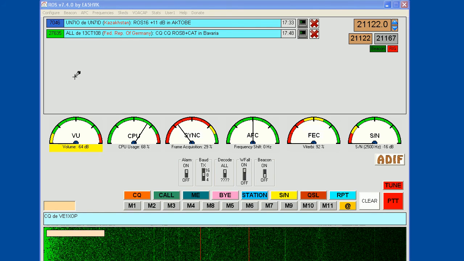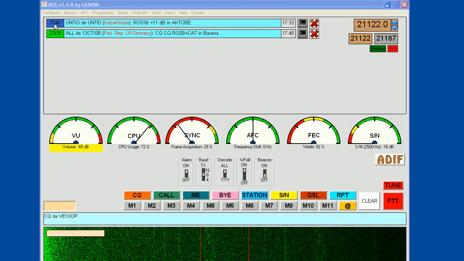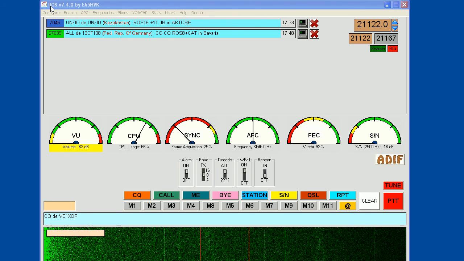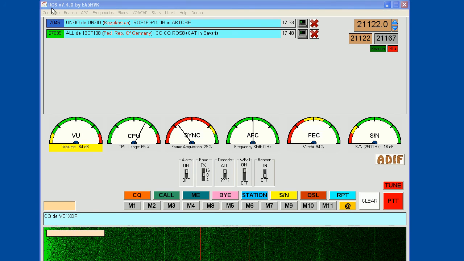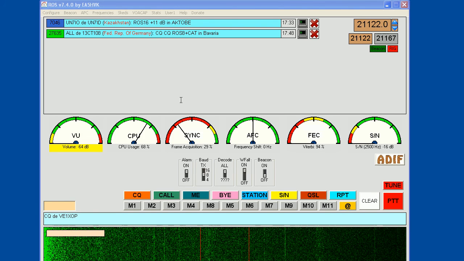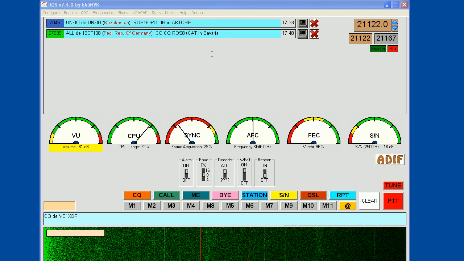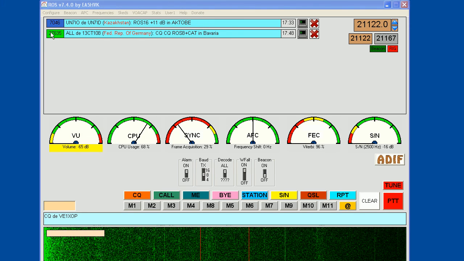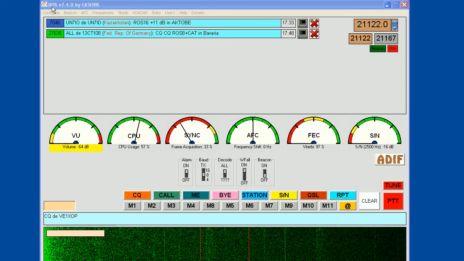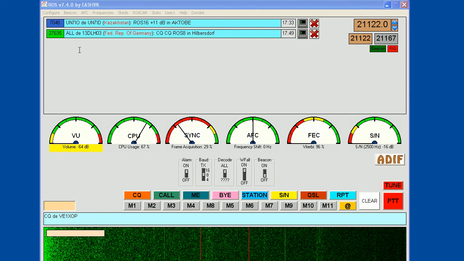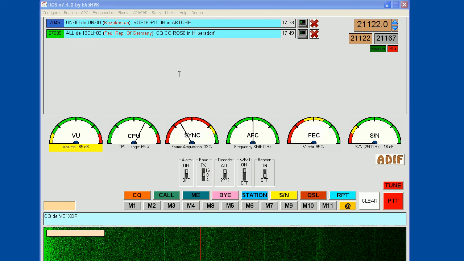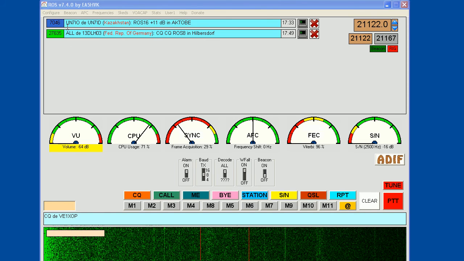I'm going to introduce you to a piece of software that I found online. It's called, well, the software is not called ROS, but the digital mode is called ROS. And this particular piece of software is the only software that's available for ROS. It's free, easy to use. In fact, it's got a couple of features that are very unique compared to any other type of digital software that I've used. It's put out by